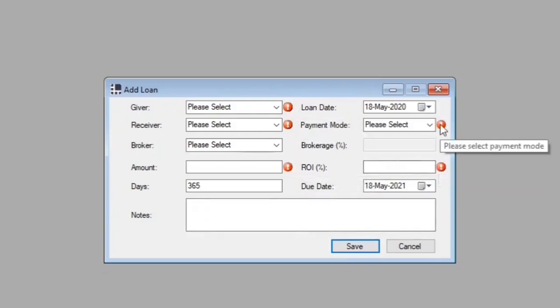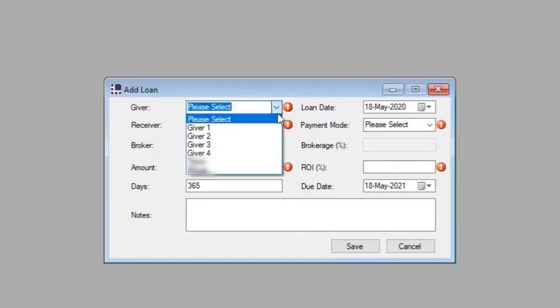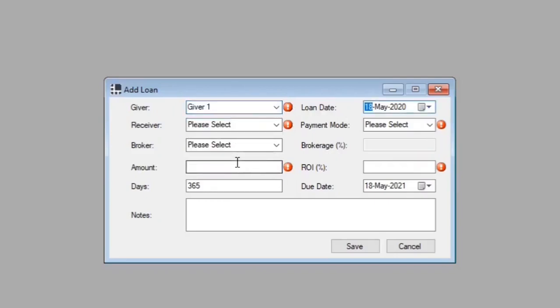In giver, select or type the name from which account loan is being issued. Generally, it is only single name, but in case you are lending money on your spouse's name, child's name or parent's name also, then it can have multiple names. Even if you are using this program on company basis, then you can mention names of your group companies.